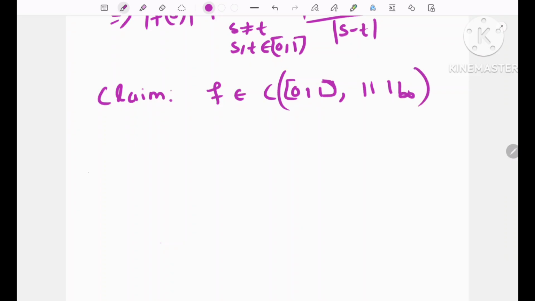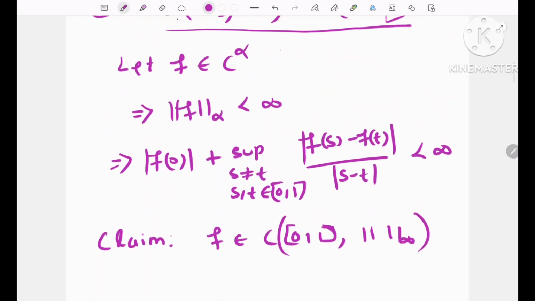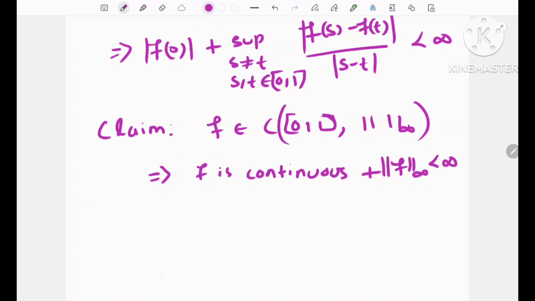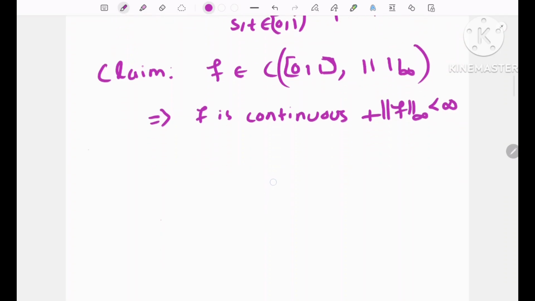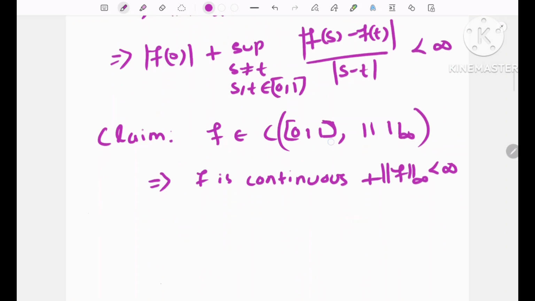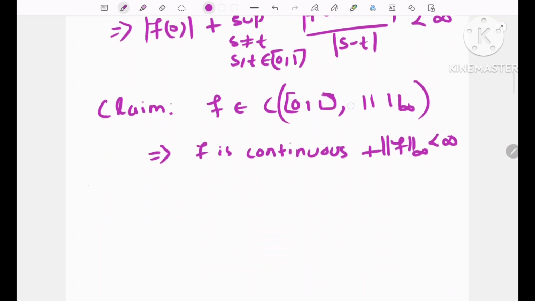Okay, this means we have to check two things: f is continuous, and the supremum norm of f should be finite. These two things we have to verify. Continuity of f comes from this finiteness, because the finiteness of this quantity implies that the supremum over s not equal to t, s, t belongs to [0,1],